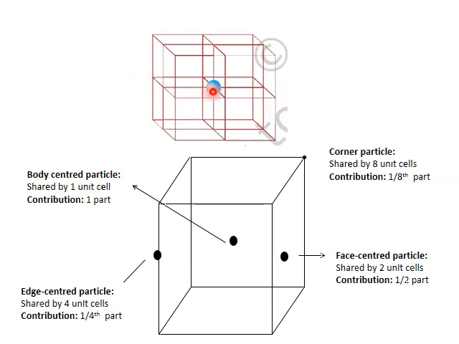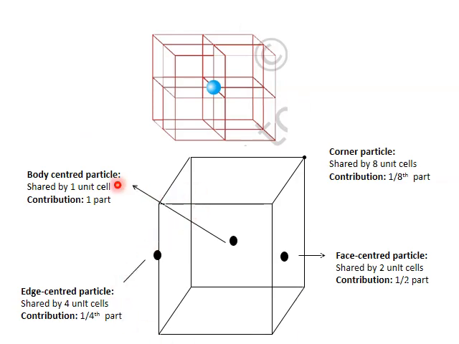Let's begin. First, I'll consider this as a particle. We'll assume this as the particle present at the corner of this unit cell. Now, this corner particle of this unit cell is common for the other three and the upper four. Totally, this corner particle is common for 8 unit cells. When it is common for all 8 unit cells, each unit cell will be getting 1/8th part. So always in a crystal lattice, if a unit cell has a corner particle, that corner particle will be shared by 8 unit cells, and the contribution of the particle to the unit cell will be equal to 1/8.